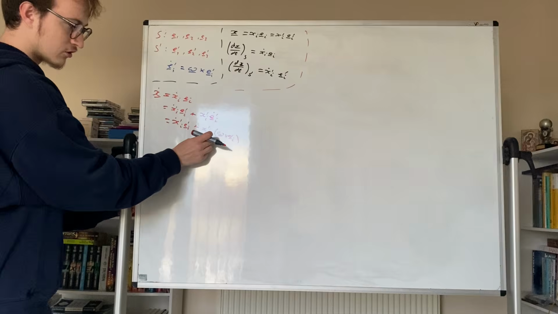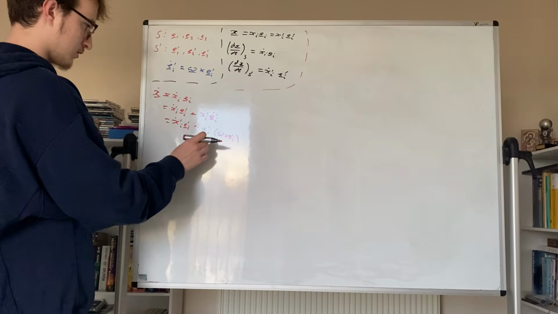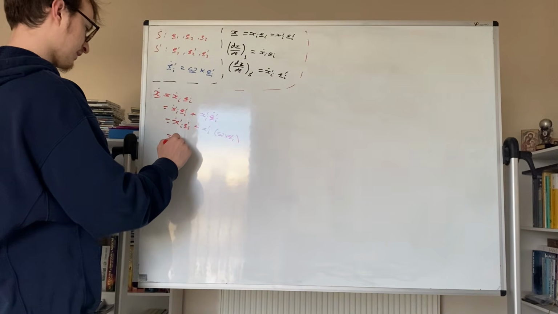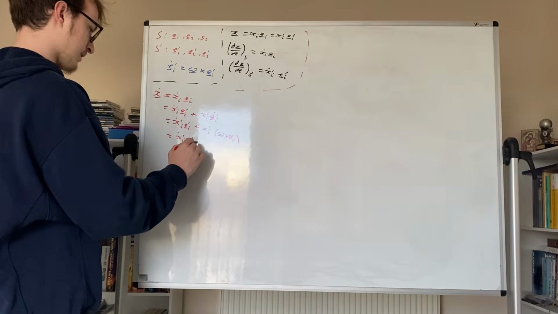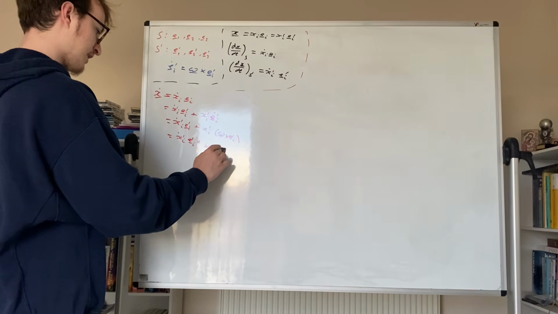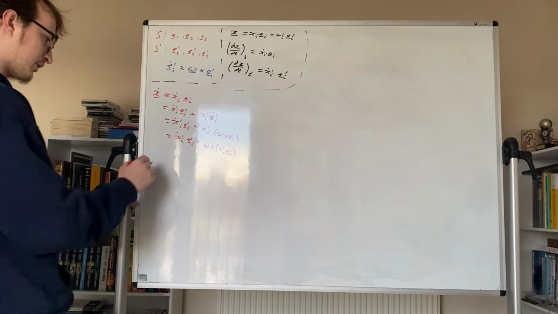And since omega is just a constant, we'll move it inside, and so we get xi prime dot ei prime plus omega cross, and then we get xi prime ei prime, but that's just x. And so therefore,